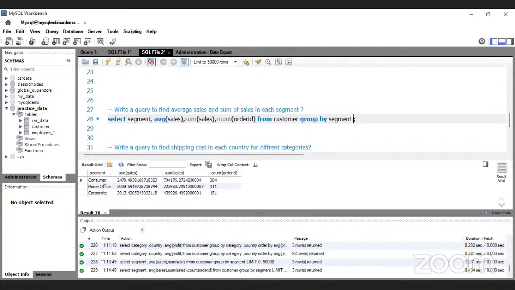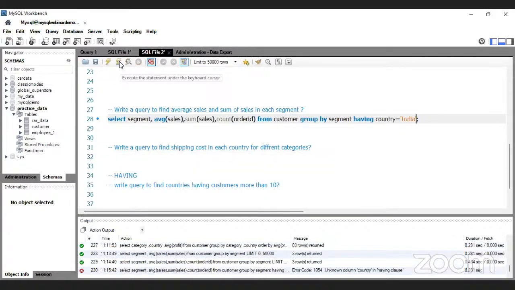And do you want to filter this for a particular country? Do you want to specify a condition? How do you do that? What is the clause that we use to specify a condition along with a group by? It's going to be the having clause. You need to specify your condition. Let's say the condition is country equals India. Let's run this. It has to give me records related to India. That means it's going to give the total number of orders for different segments in India, and also return the